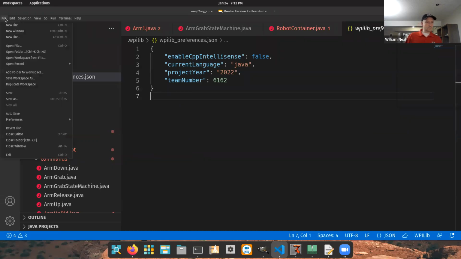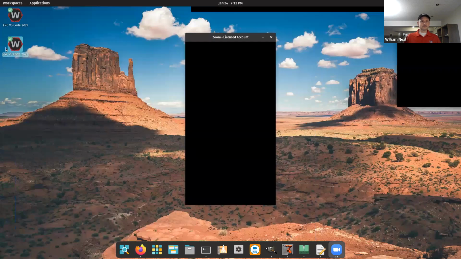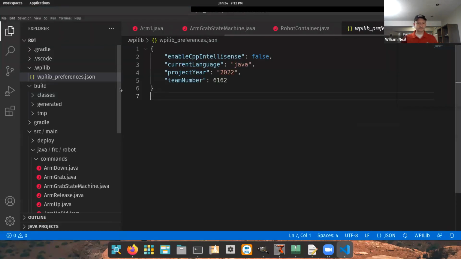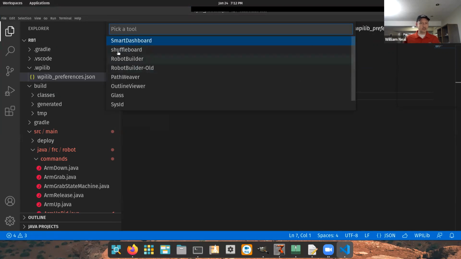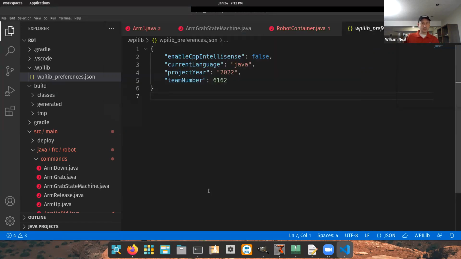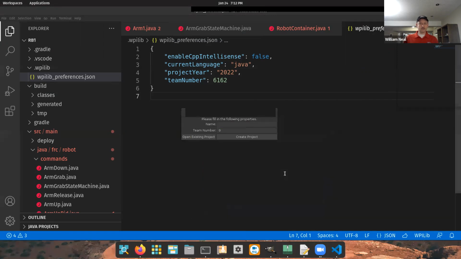I'm going to maybe try to close everything. Oops, I just closed the whole thing. All right, there's my WPILib start tool. I recently used that. And under the start tool, it asks us to pick one of the tools here. There are numerous other tools that are very useful for testing out your robot code. I'm just going to go to the robot builder here, and it's probably going to ask me for a new project. So what I should probably do is close the other version of it, just discard all of this,